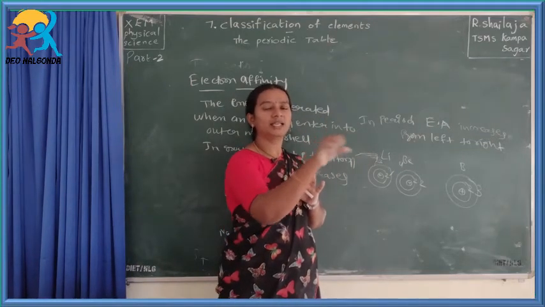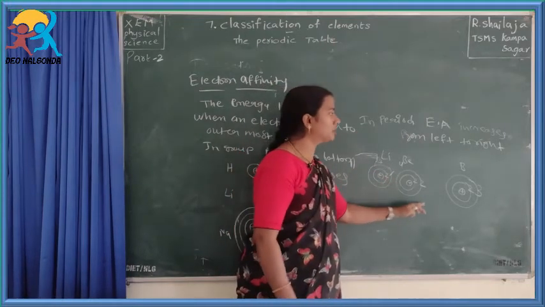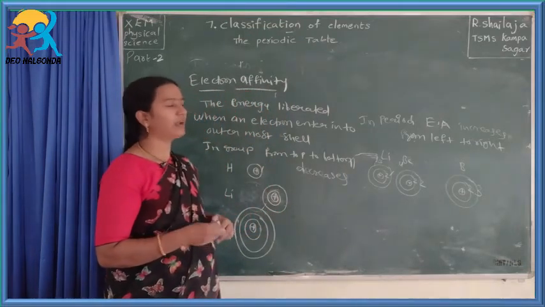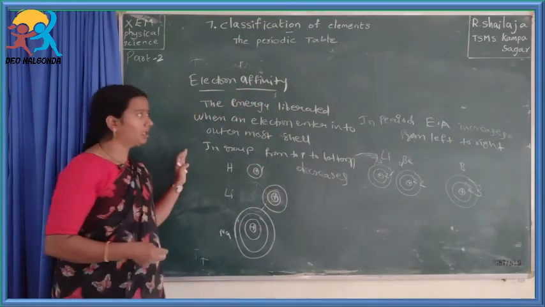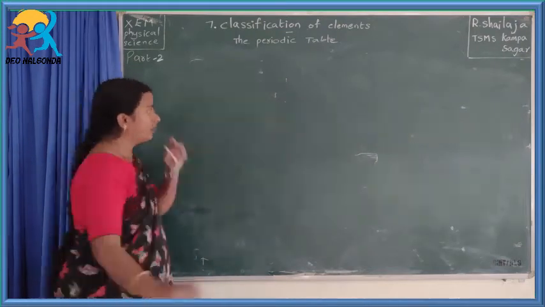So the atom easily gains an electron into the outermost shell. So in a period, electron affinity increases from left to right. In a group it decreases, in a period it increases. Okay, and next